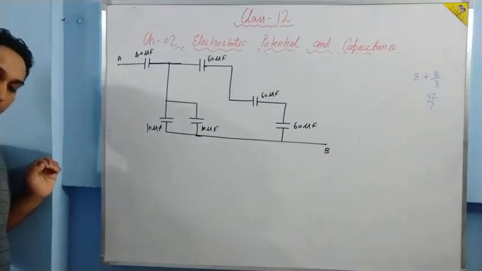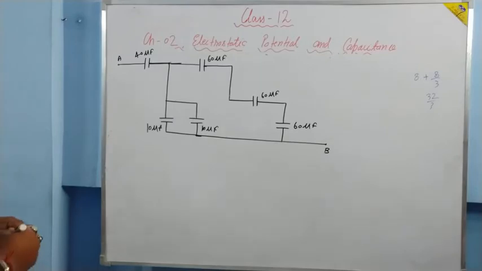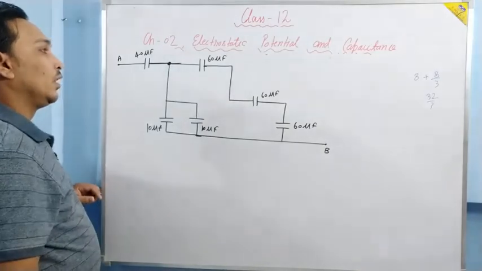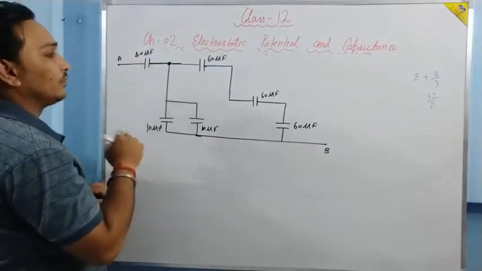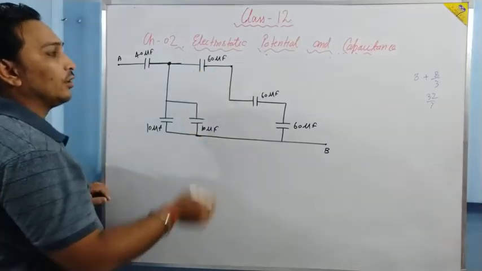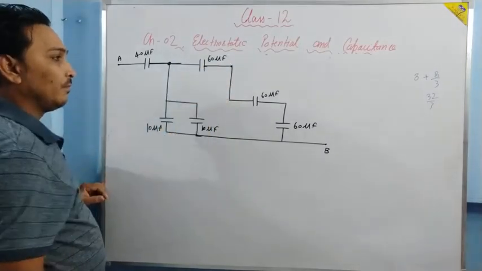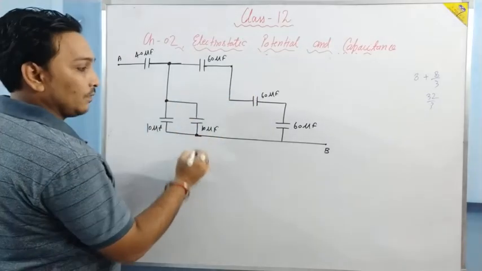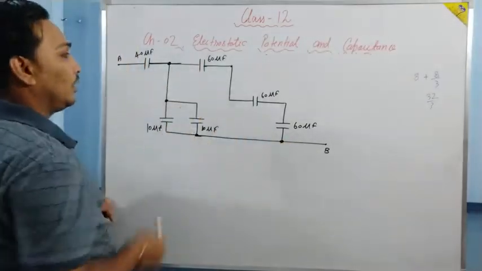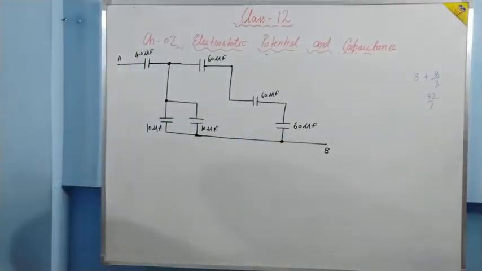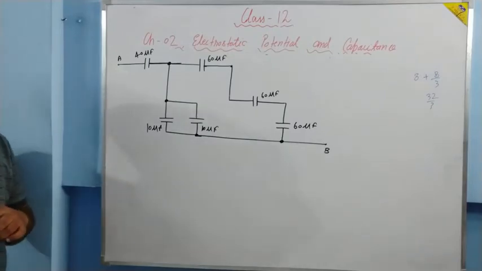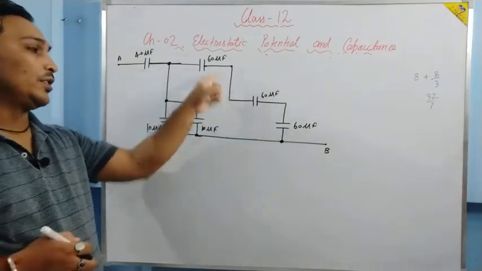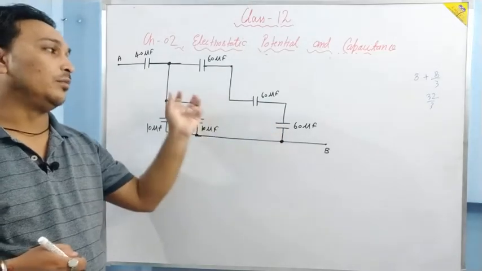See, for solving these types of questions, you need to understand junctions and branches. This particular point is a junction because wires are connected over here. This is not a junction, this is simply a turn; the wire takes a turn. But this is a junction, this is a junction, this is a junction, and this is a junction. Now we have found how many junctions there are. Suppose this particular wire connects two junctions. The capacitors lying in this wire will be in series.